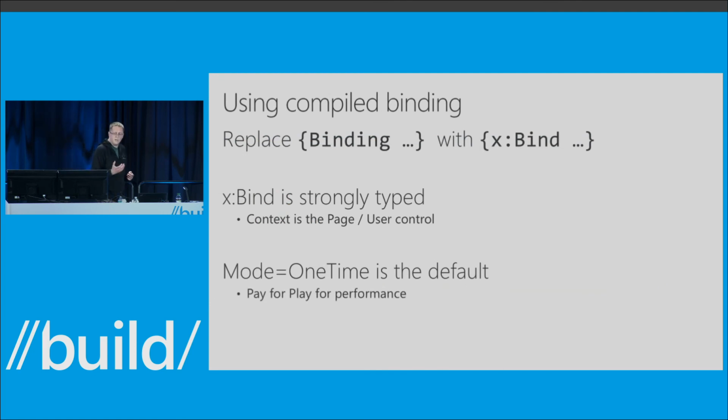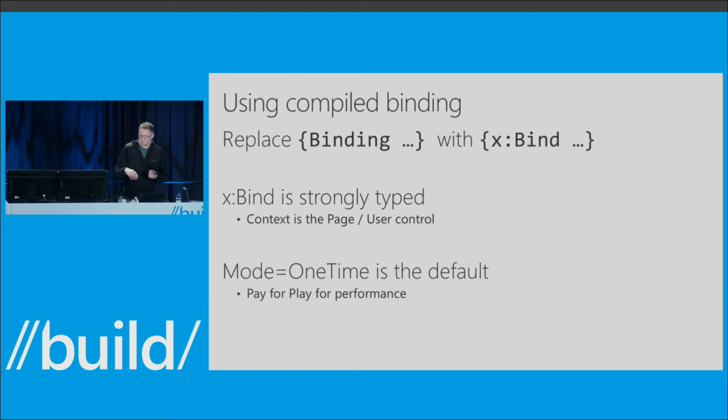So how do I use compiled binding? Well, the simplest view is you take your squiggle binding expression and replace it with x:bind. But there's a bit more to it than that. We looked to see, could we convert this technology and put that in place of where the traditional binding is used, continuing to use the same expression. The problem is we couldn't do it while being backwards compatible, and we need extra typing information that isn't available to traditional binding. So with classic binding, it tends to use the data context or a source property set